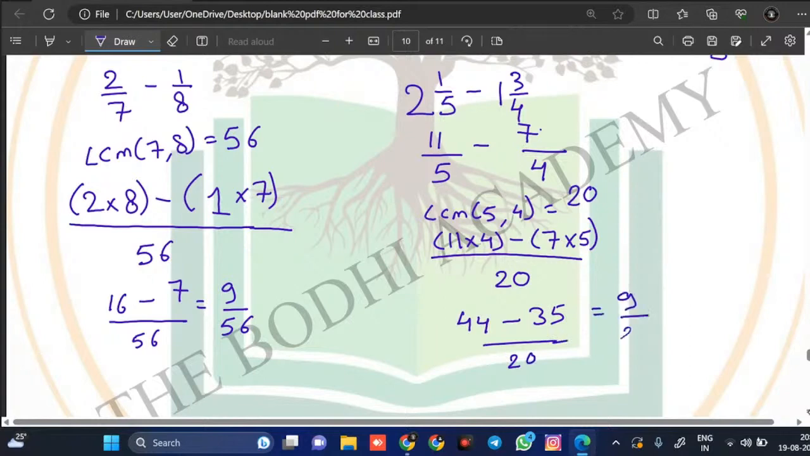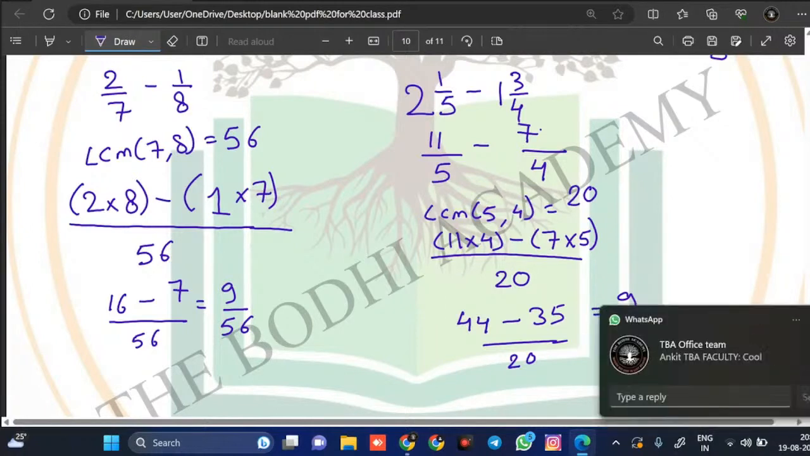So answer will be 9 upon 20. ये मेरा आंसर होगा 9 upon 20. This is how we solve a question of addition or subtraction in fractions. This is very important, very important. बहुत इंपॉर्टेंट है ये किसी भी कॉम्पिटिटिव एग्जाम के लिए. ओके